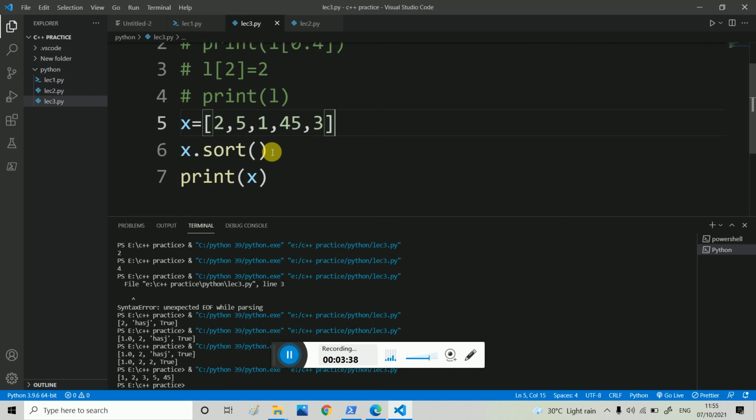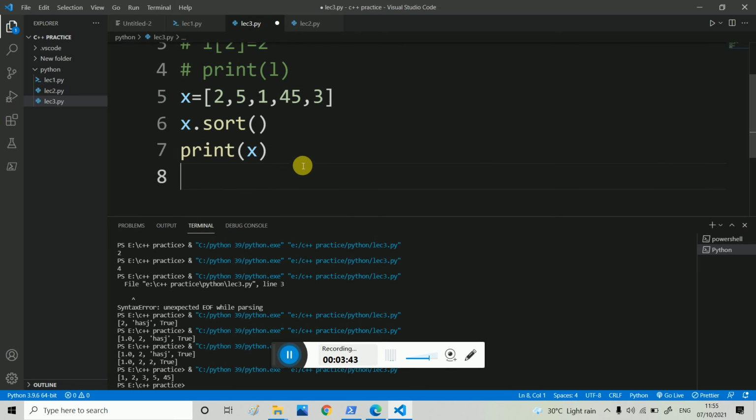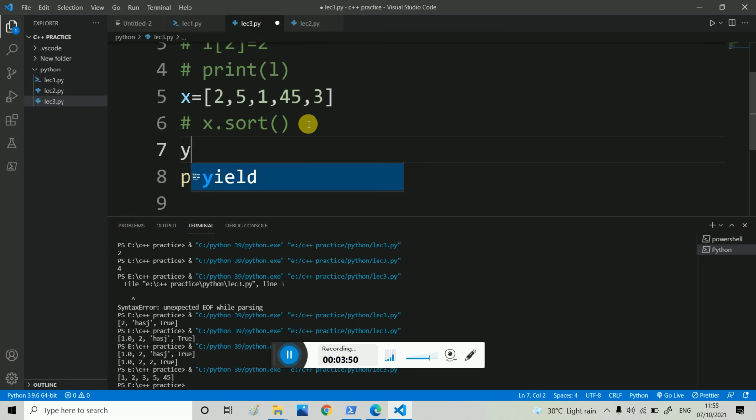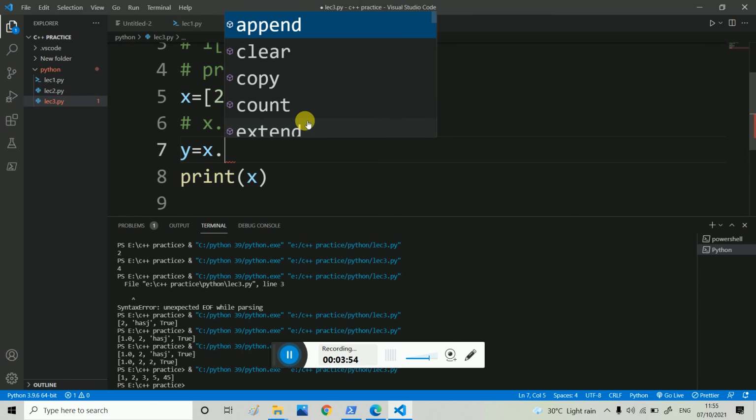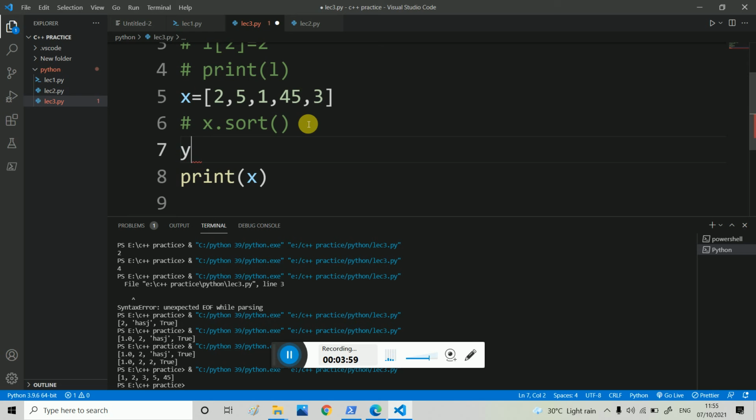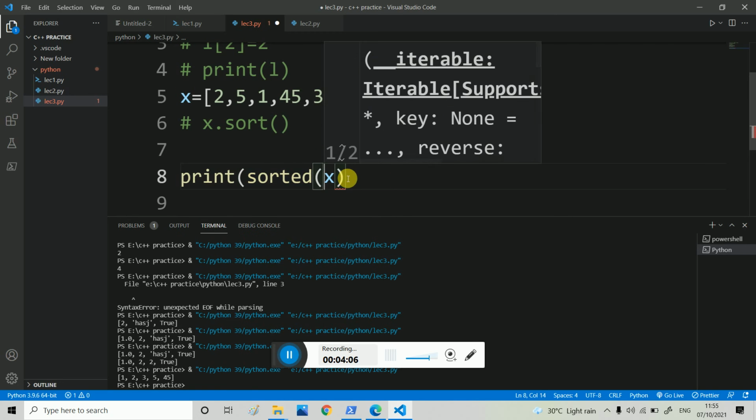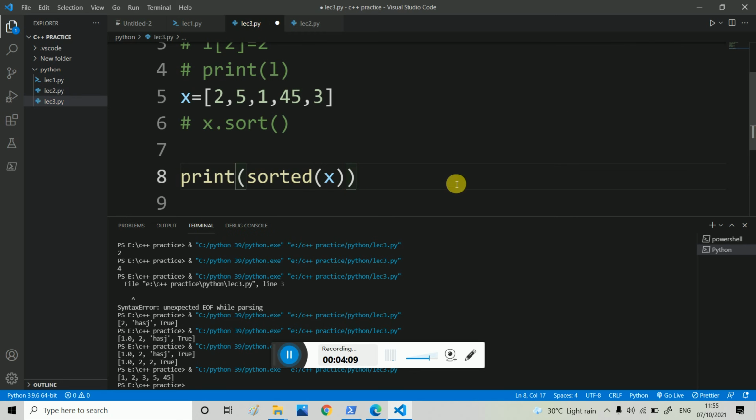Or if I want this to be in a different list, I comment that. For example y is equal to sorted of x, and I print y.